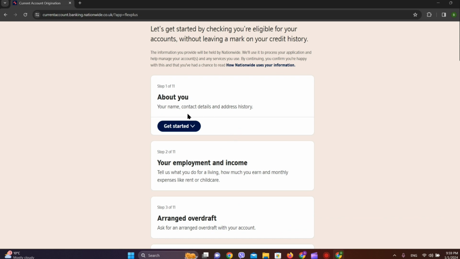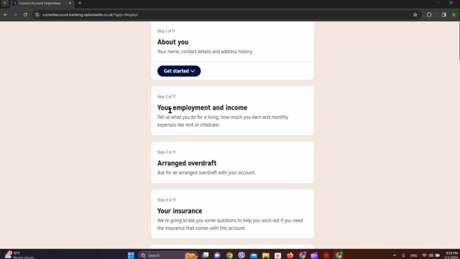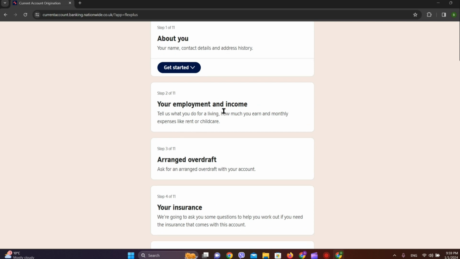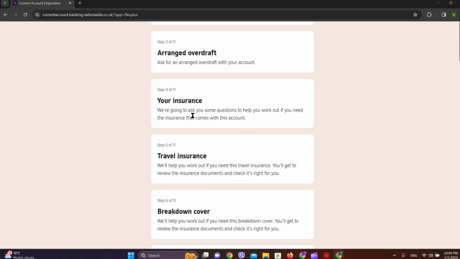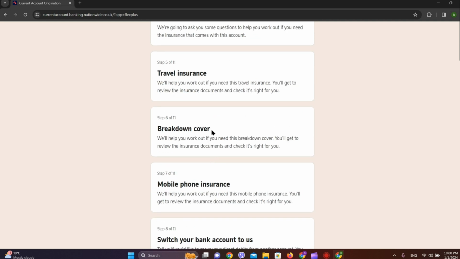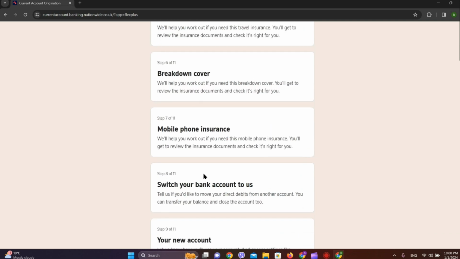At first, we need to enter all of our details about ourselves, that is our name, contact details and address history here. The next step will be our employment and income details, after which we need to enter our arranged overdraft. And next, we need to enter our insurance details, and after which we need to enter our travel insurance details as well. After which we need to share our breakdown cover and mobile phone insurance, and